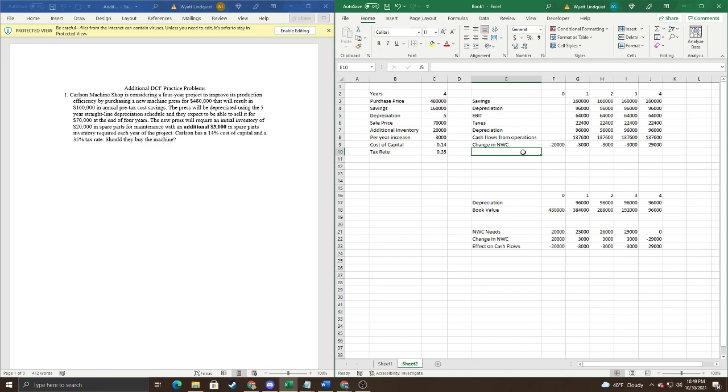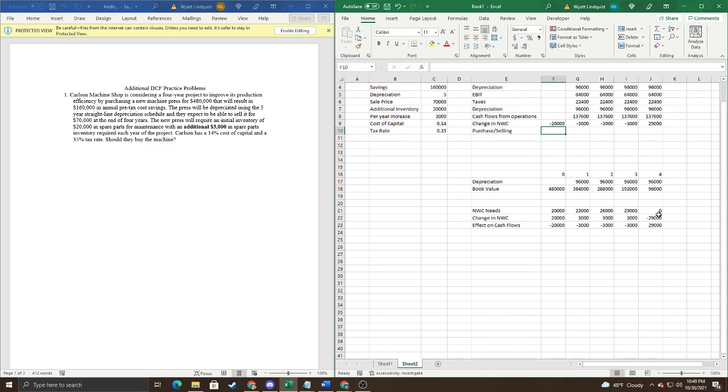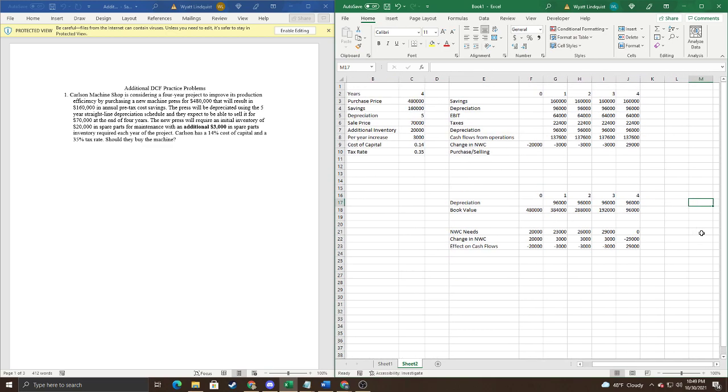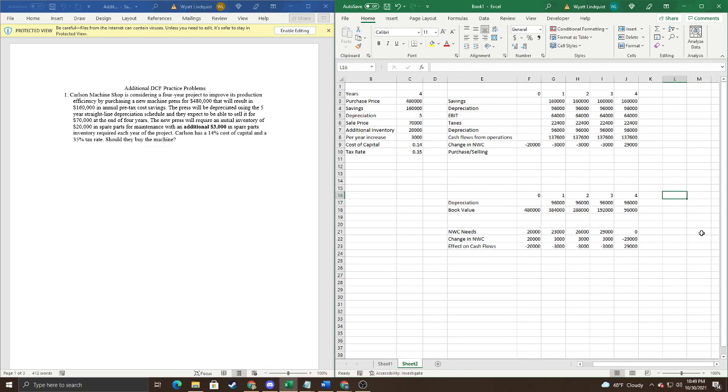And then we also have the purchase / selling. So we're going to do a little bit more calculation here. So on the side, we are going to sell in year 4 our machine. So our book value of the machine, as you can see, is 96,000. So what we're going to do is we're going to sell